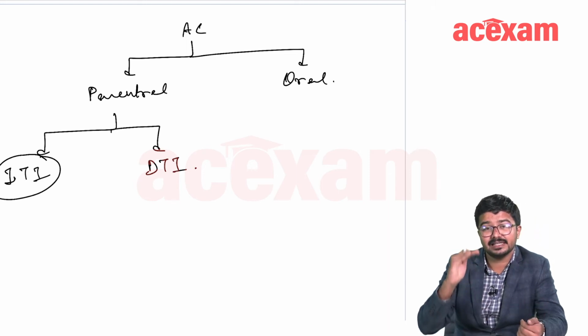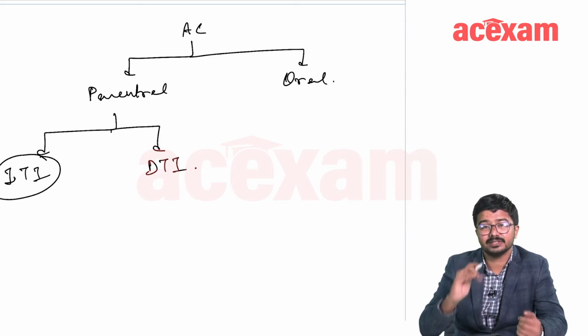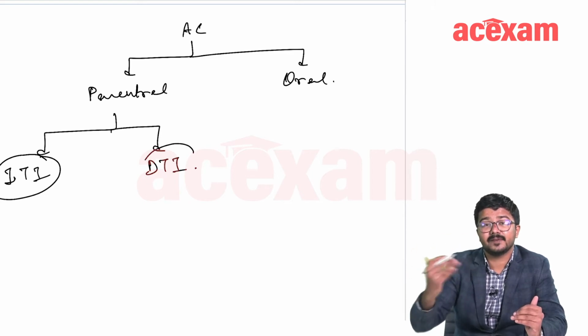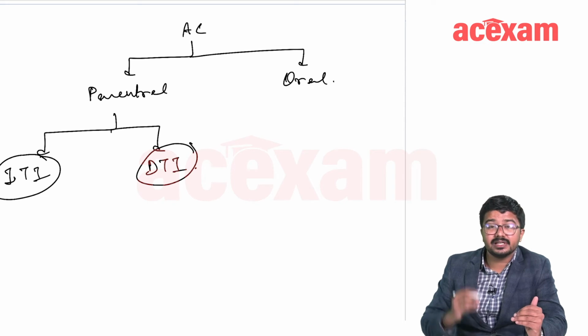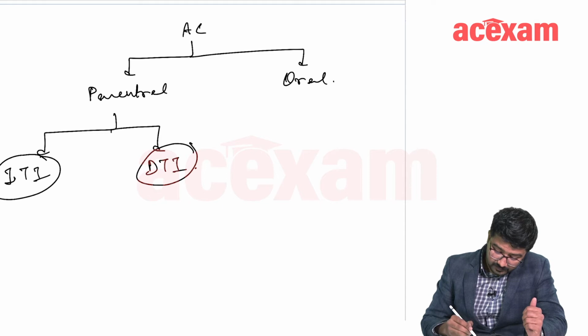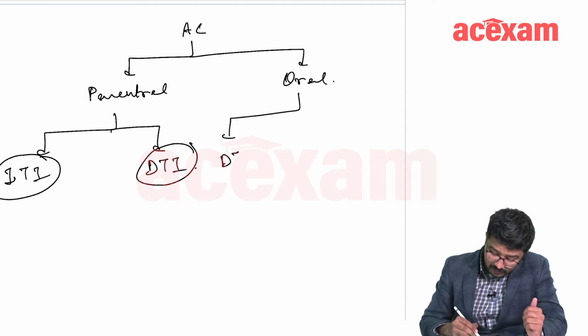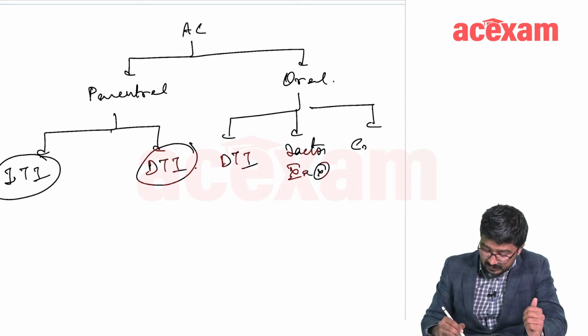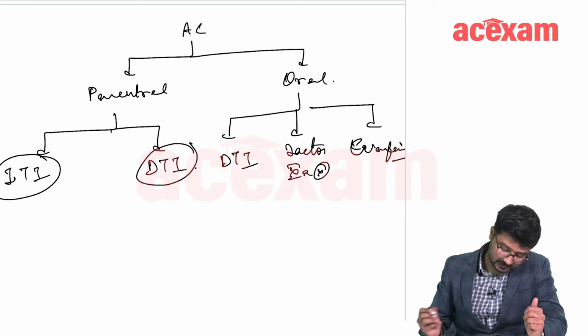We will understand the indirect thrombin inhibitor, which is the heparin mechanism of action, in detail in the next slide. Don't worry. But as of now, remember that indirect thrombin inhibitor inhibits the thrombin in an indirect fashion, whereas the direct thrombin inhibitor directly goes and inhibits the thrombin. Within the oral, it is again going to be the direct thrombin inhibitor or the factor 10A inhibitor, or it can be the coumarins, which are the warfarin, coumarin group of drugs, right?